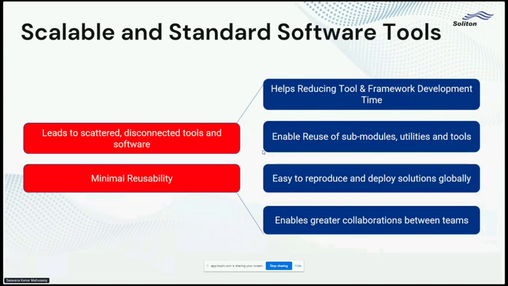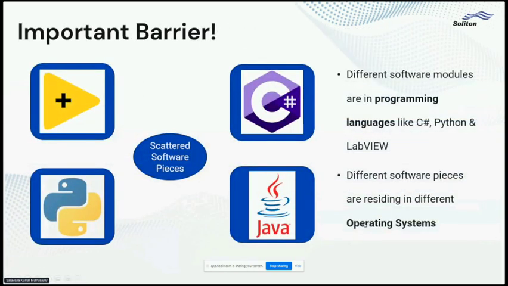So now let's see one of the important barriers that is not allowing many people to build a scalable or standard software framework. One of the important barriers is the programming technology or the language we are going to use, right? So it may be due to different reasons. Say due to the entry of new engineers from universities, where they get trained in different programming languages, or due to regional effect, or due to some other reasons. Different people use different programming technology for building automation.